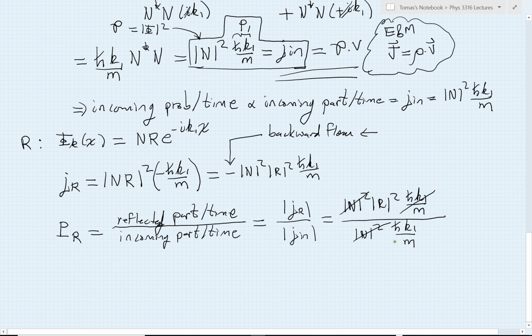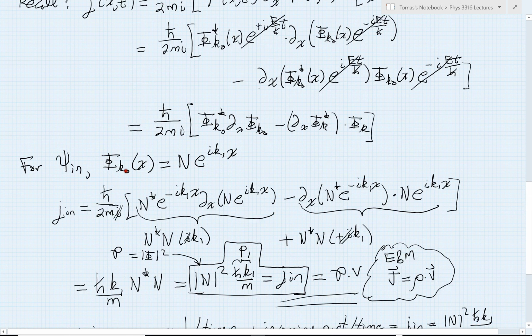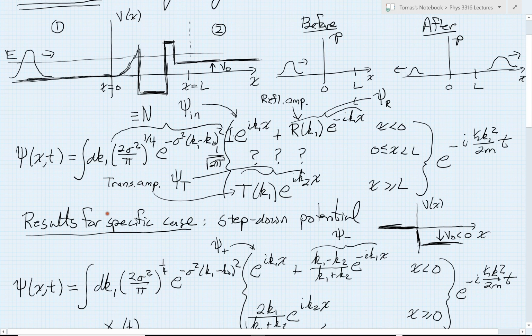These velocity terms cancel. And so the final conclusion that works in general is that if I ever want to know the probability of reflection, I can simply read off that reflection amplitude from my solution and then simply square it. So all of this information that's contained in the full time-dependent solution gets boiled down into just this reflection amplitude, as far as telling me how much of a wave I get back.